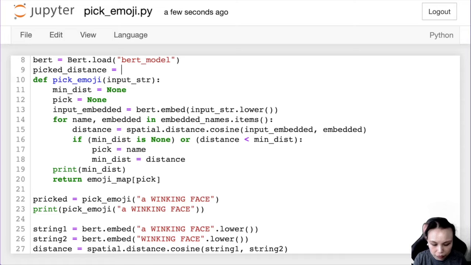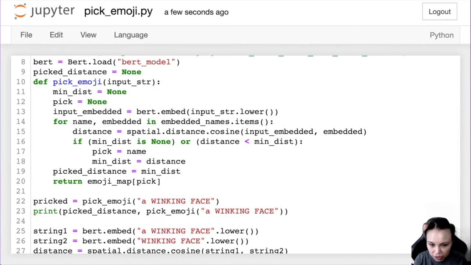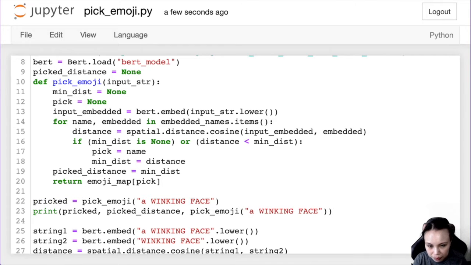Goes to none for now. And then I just want it to be outside of the for loop. So before it returns, I want the distance. And yeah, it's just a patchy thing. It's not good practice to do it like that, but what I want to do is just print this out, right? So it should be picked emoji and then picked distance. Right, so I print out these two.